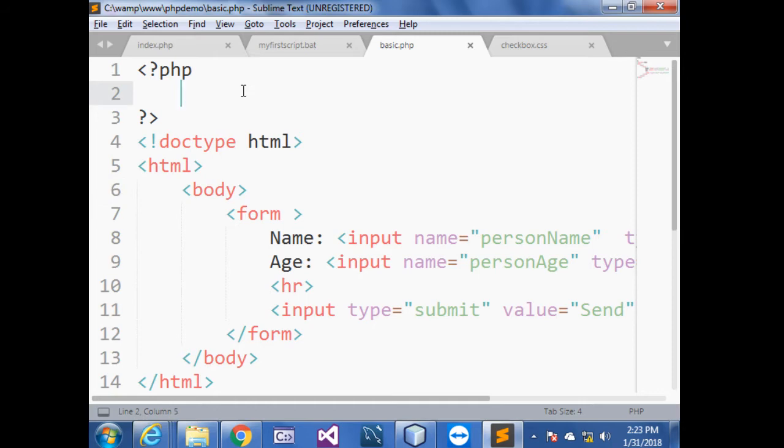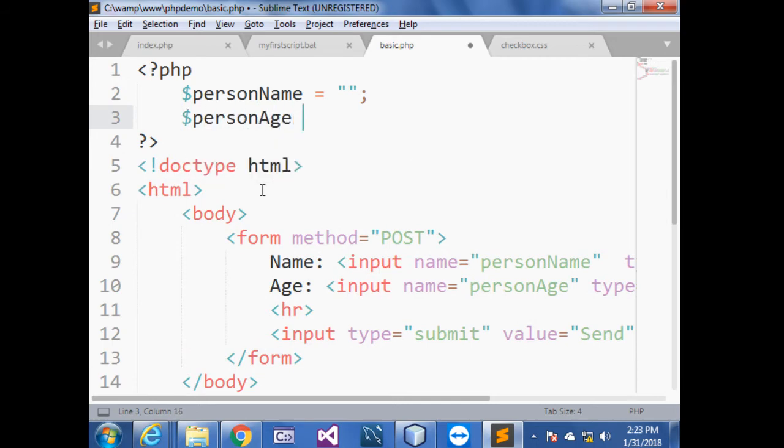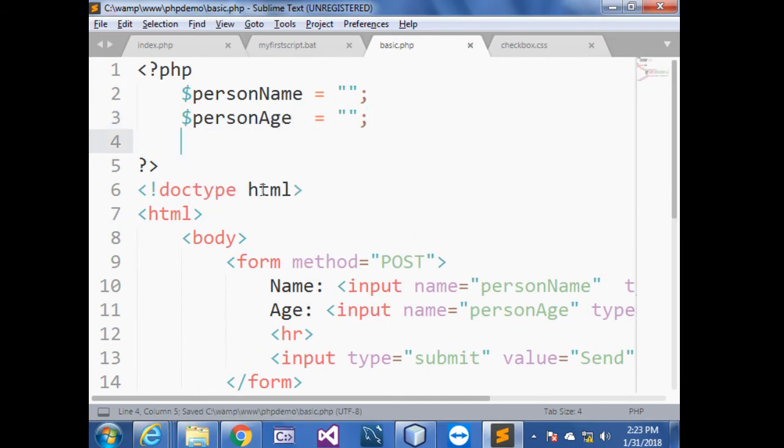What I will do in the PHP code is simple. If it detects that there's already a value, it will not display the form, but rather a welcome. So in here, it's a method. Let's start first with post. Then in here, let's add a person name, empty, person age, empty. Then we will have an if. So we need to check if it is actually defined. So if is set